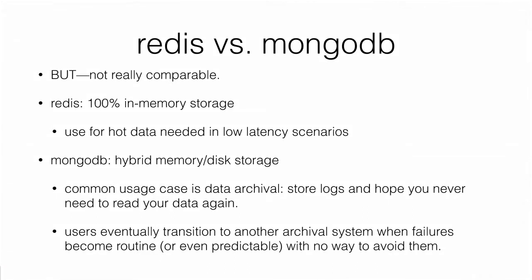So some people use these interchangeably. There was a tweet by Uber recently saying they switched from Mongo to Redis because they weren't using all the features there. They were using it as a cache, and it just didn't fit their use case, so they switched.